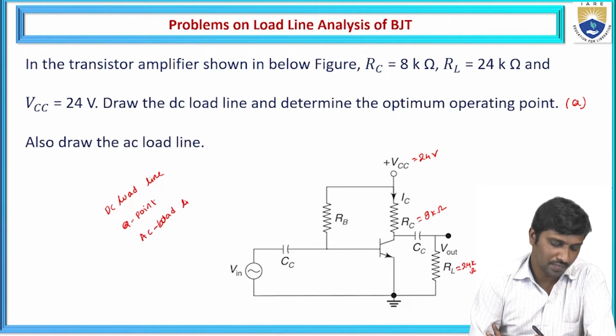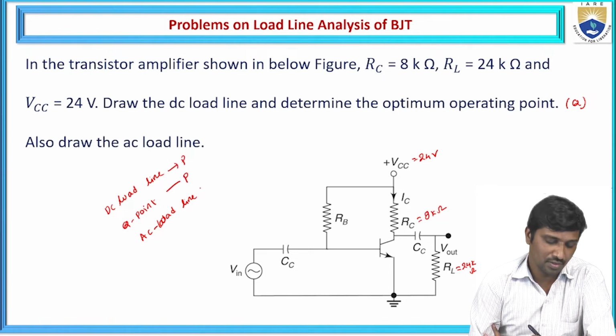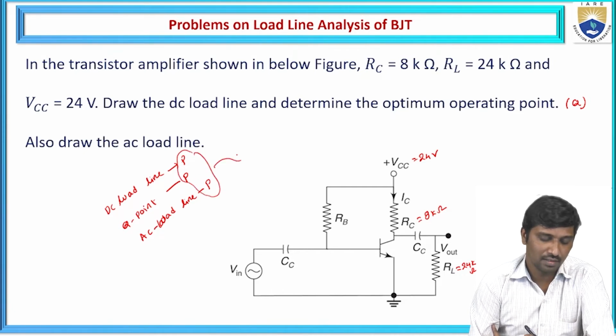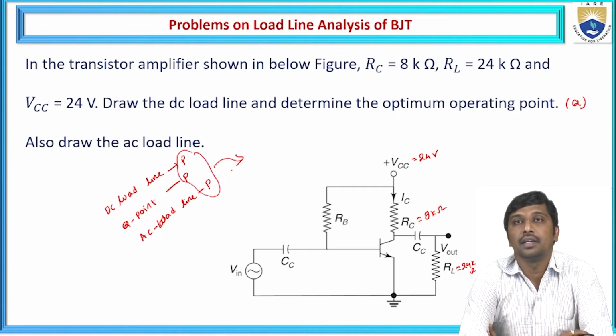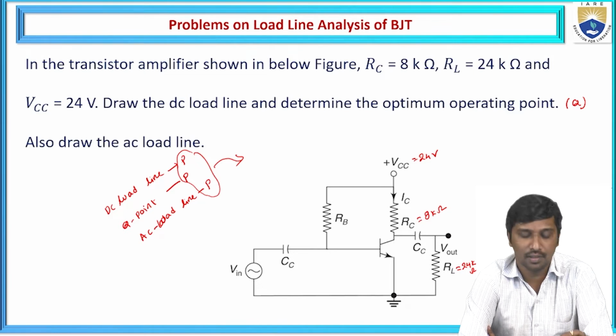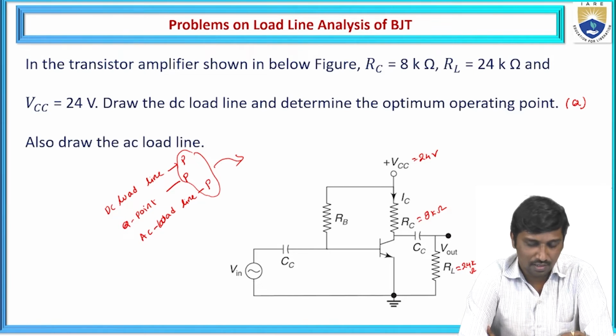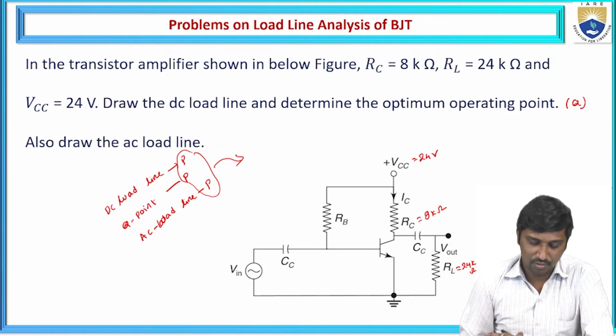From all of these, we finally need to draw a load line diagram, in which we represent the DC load line, the AC load line, as well as the Q point. For this case, based on the given figure within the circuit,